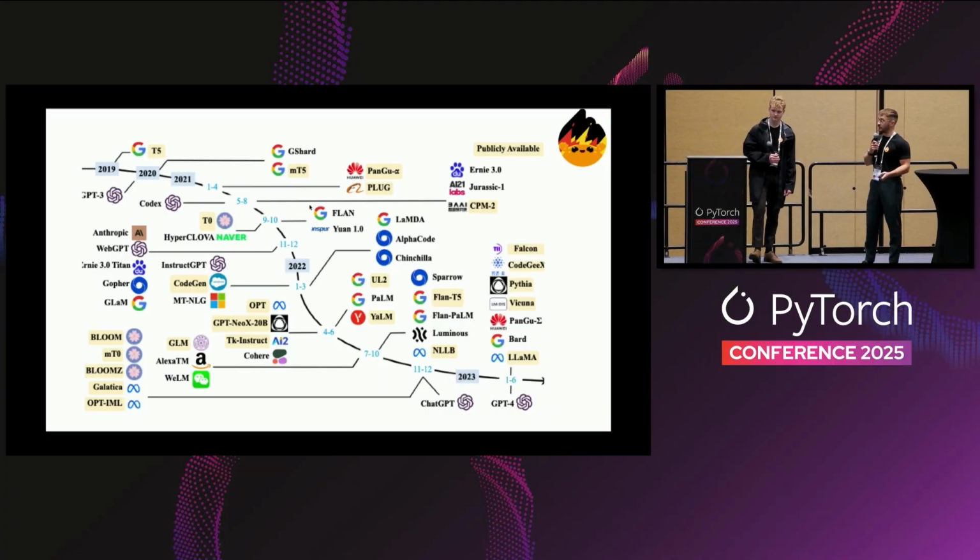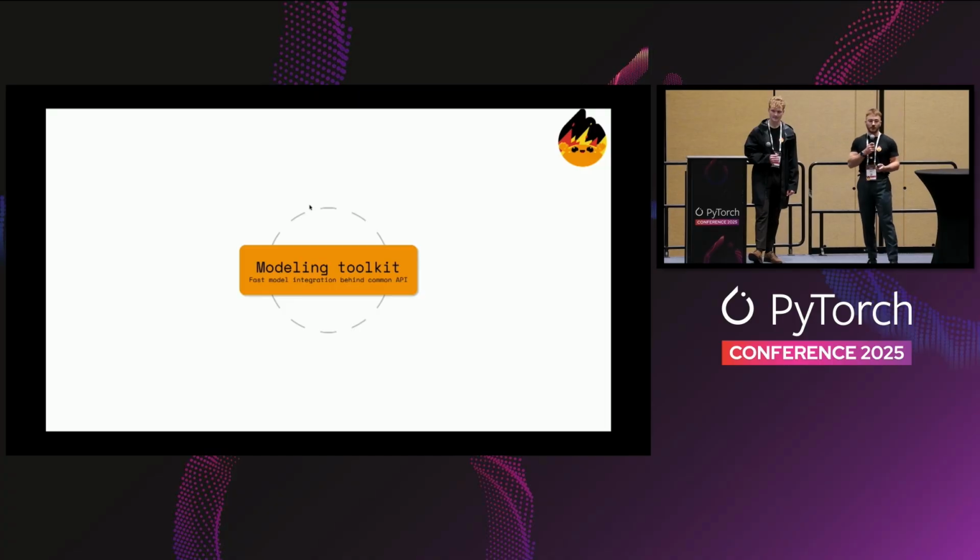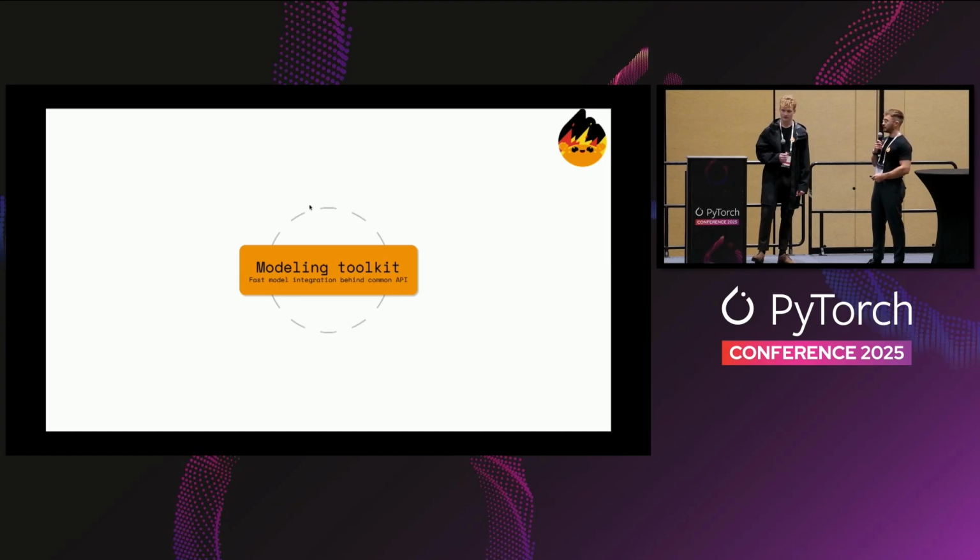So what we really wanted to do is build an API on top of all of those models to enable switching from one to the other. And so this is the very first pillar of Transformers. It's to be a modeling toolkit. So a common API on top of different model architectures, and such model architectures that we try to add to the repo as quickly as possible, basically.